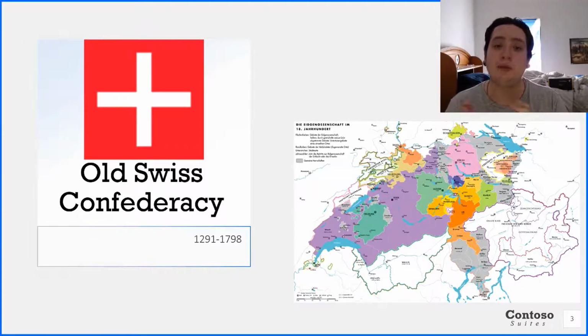The Confederacy pledged neutrality in 1647 under the threat of the 30 Years' War that was going on, as we talked about in the last video, although many Swiss served privately as mercenaries in the Italian Wars and during the early modern period. After the Swabian War of 1499, the Swiss Confederacy was a de facto independent state through the early modern period, which is the period we're talking about, although still nominally part of the Holy Roman Empire until 1648, when the Treaty of Westphalia ended the 30 Years' War.